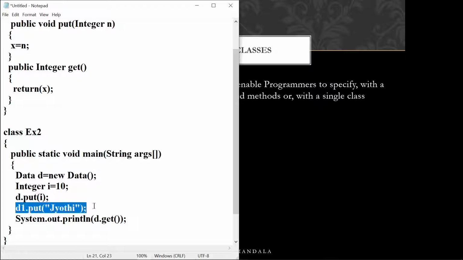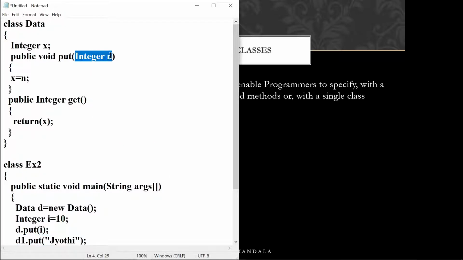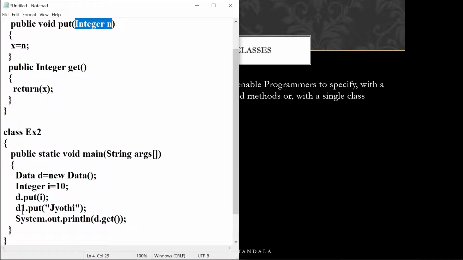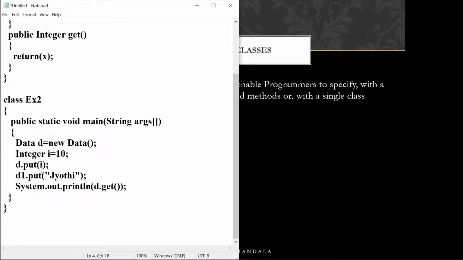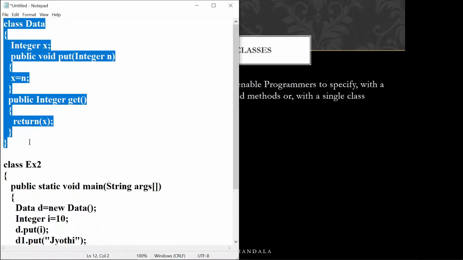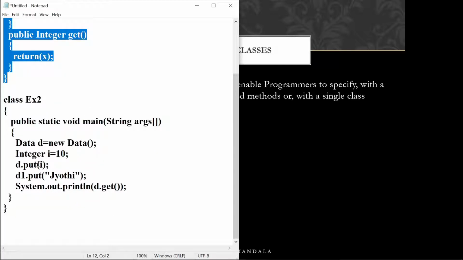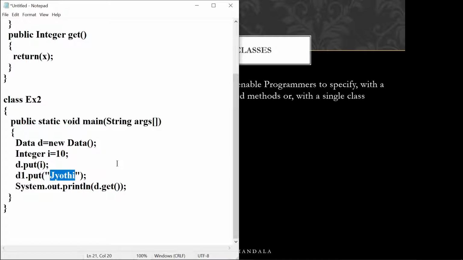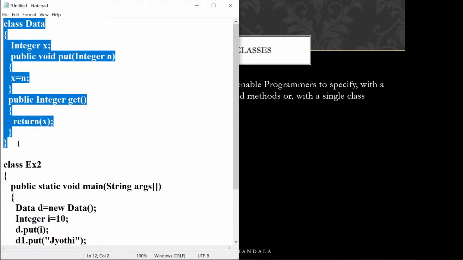See, earlier, without this statement, whatever program we have written will work well. Why? Because we are passing an integer argument as requested by this put method. But suppose you want these two methods to work whenever you are passing a string value. To achieve that, what we can do is convert whatever class we have into a generic class, where this will work perfectly for any data value, any type of object. Then how to convert this class into a generic class?